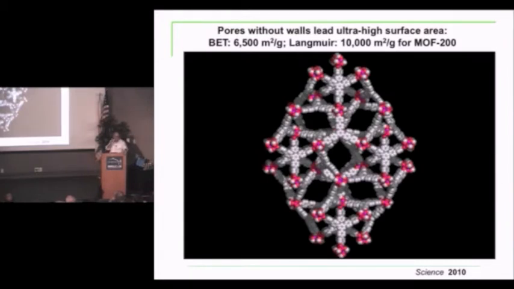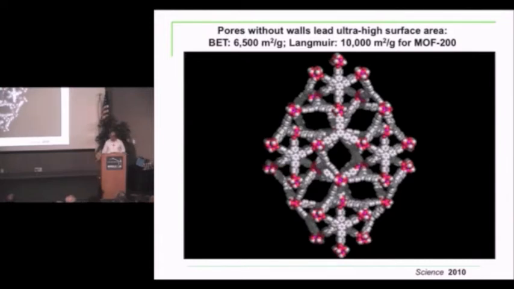So if I take a gram of material, which is no more than that high, and I unravel it to its atomic level, it could cover a couple of football fields. And that's really the space that is available to bind gases or to store gases like hydrogen and methane and carbon dioxide. The key here, unlike other porous materials, is that the materials are entirely composed of edges and open faces of six-membered rings, and therefore the entire structure, everything you see in the structure, is a binding site